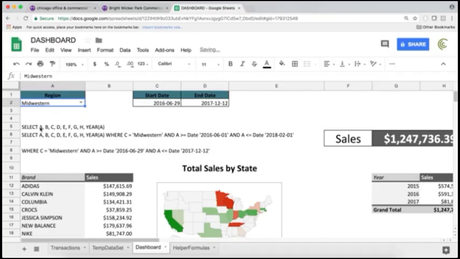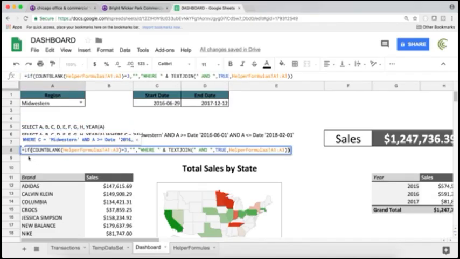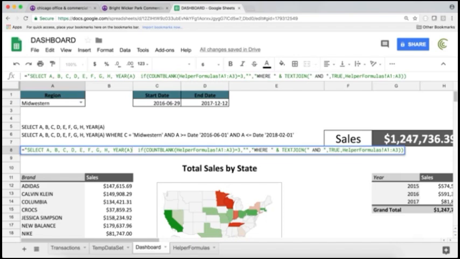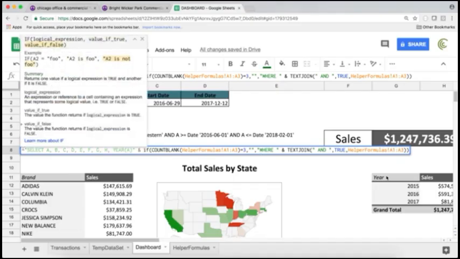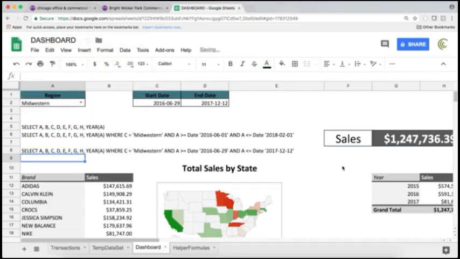Now, the only part we're missing is that it also has to have this whole select statement in front of this thing. So I'm going to copy that select statement, escape, go back here, and I'm going to say before this if statement, I'm going to start with quote, paste that select statement, do another quote, and join it with this if function. Then hit enter, and you can see right now this problem is there's no space between this year and where. So I'm going to go back here and add that space right before my where statement,